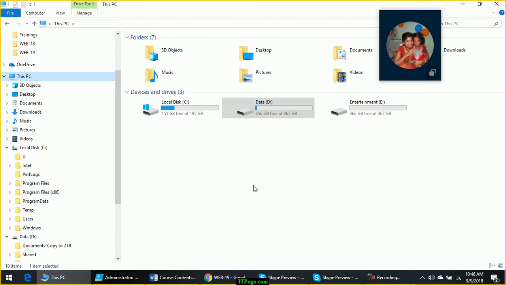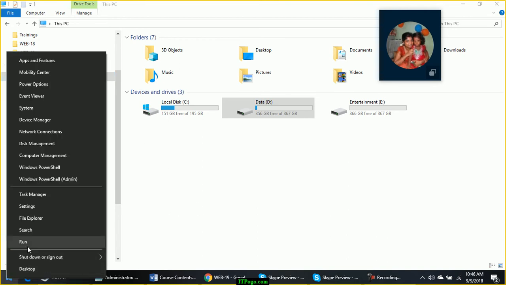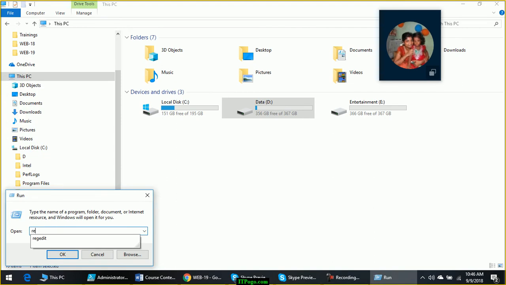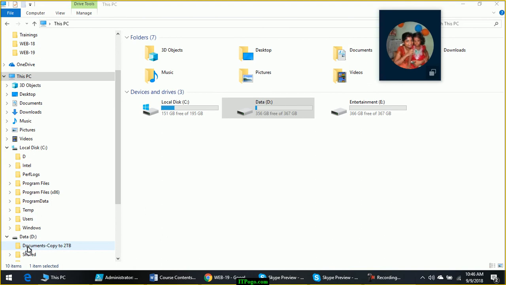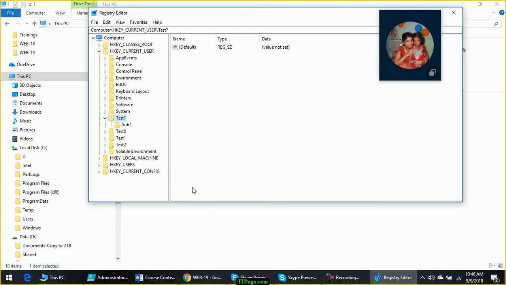What could be some other kind of data store? That is the registry. Now when you go to the registry editor, all of you who are aware of the registry, as a Windows system administrator, we a lot of time deal with the registry and registry settings.